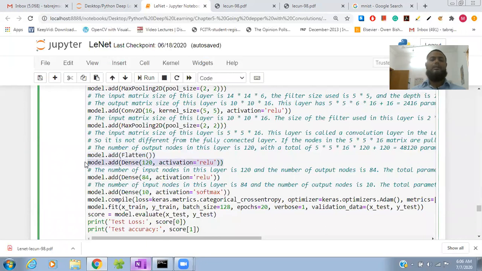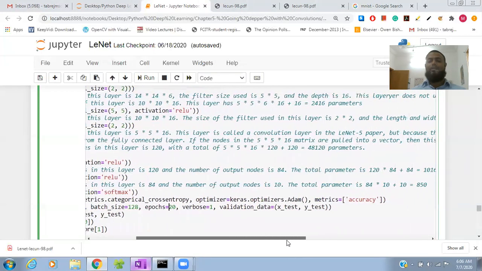We apply ReLU activation, and we have 10 classes, so we use softmax. Then we compile the model with the categorical loss, the Adam optimizer, and accuracy as the metric.